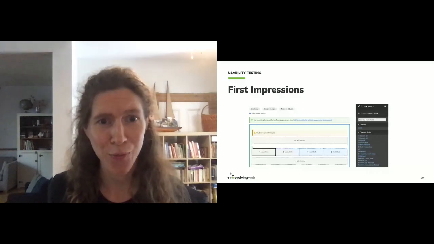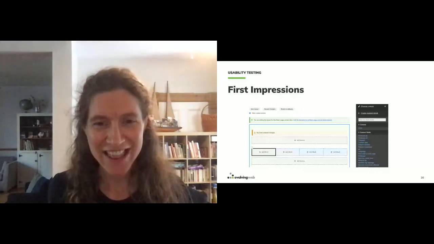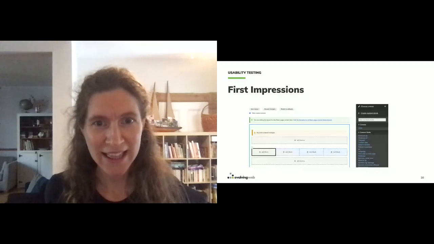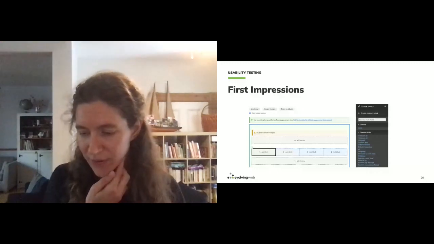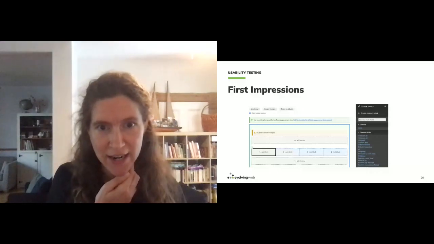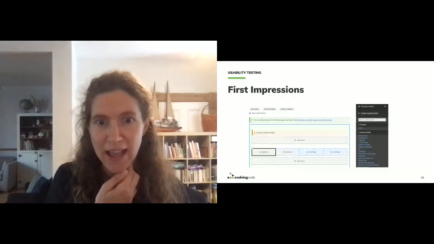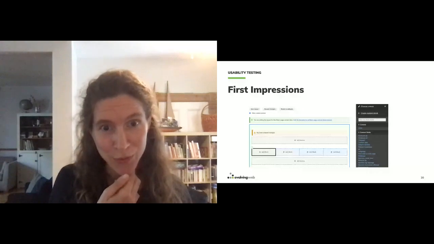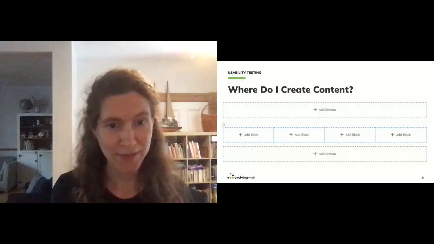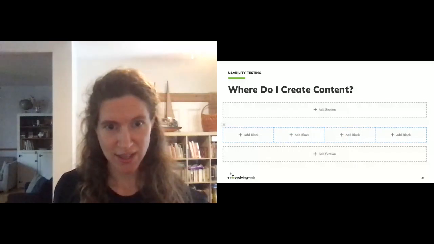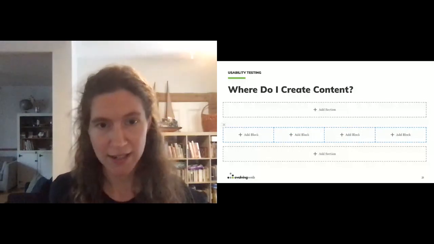So that question of where do I create content came up again and again. What we found in follow-up work with some content editors is that applying some of the modules to improve the UX of the layout builder really helped with this. Very subtle changes to this interface made a big difference for content editors.